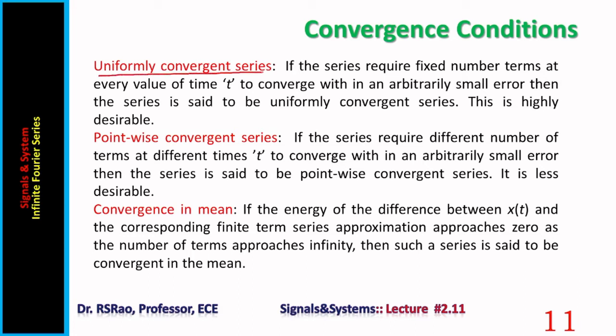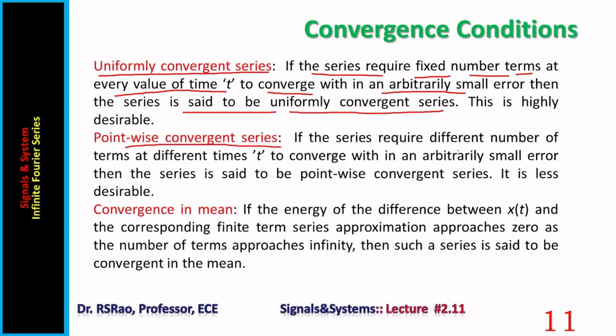Uniformly convergent series: if the series requires a fixed number of terms at every value of time t to converge within an arbitrarily small error, then the series is said to be uniformly convergent. This is highly desirable. Point-wise convergent series: